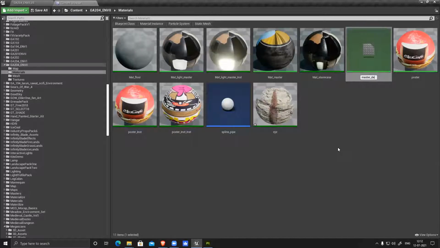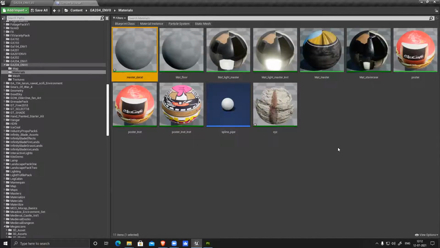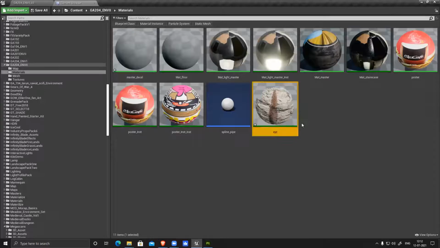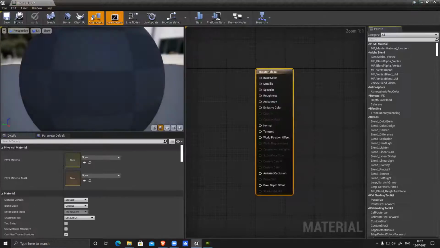master underscore. So here I'm creating a master material for the decal map. I used a Megascan master material earlier. Here I'm going to create it manually. Both are the same process, just here you have to create it manually. There it's already available, you just have to replace the texture. So you should know how to create it manually also, which is pretty easy and simple. Double click and open.